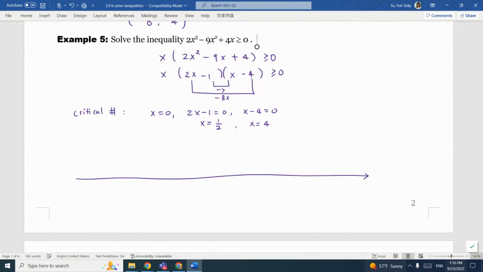All right, so we have the real number line. When you put down these numbers, make sure the order is correct. In this case, it's 0, the smallest, and then 1/2, and then 4. But maybe in the exam, I put this as negative, then you have -1/2, and the -1/2 is on the left of the 0. So you gotta be careful. I do have some students who put down the critical numbers in the wrong order. Then everything else will be wrong. So be careful. So 0, 1/2, and